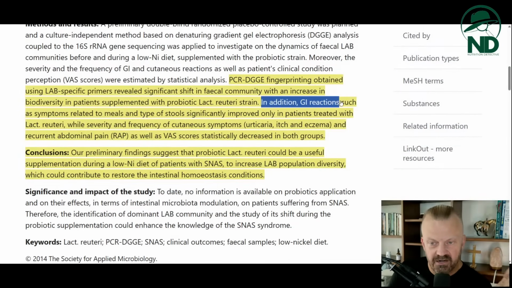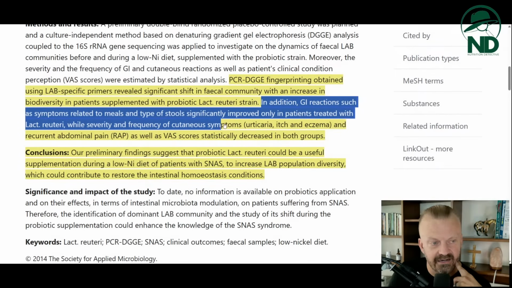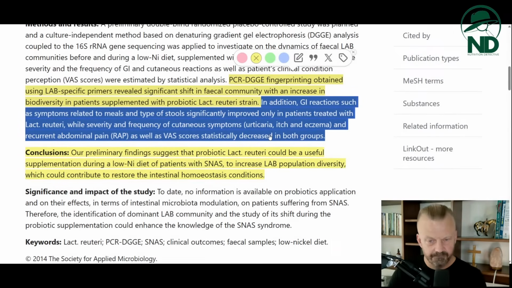So in addition, GI reactions, gastrointestinal reactions, such as symptoms related to meals and type of stools, significantly improved only in patients treated with Lactobacillus reuteri, while severity and frequency of cutaneous skin symptoms, urticaria, that's a rash, itch, and eczema, and recurrent abdominal pain, as well as VAS scores, I forget what that stands for, statistically decreased in both groups. So what they're saying,